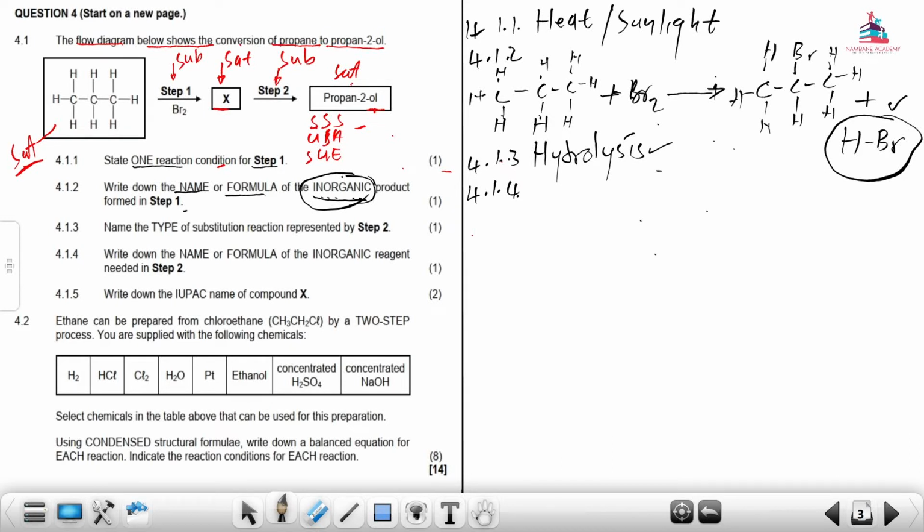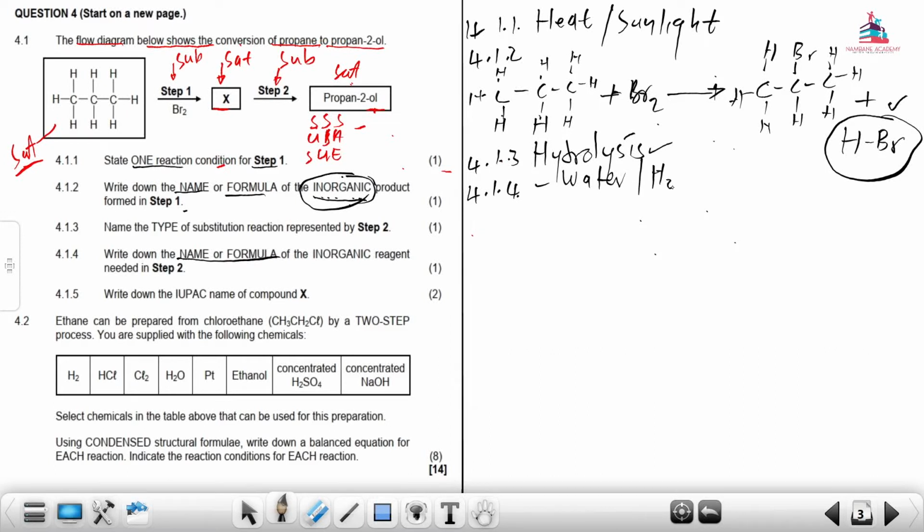So we can accept either one of the two, but they want the name of the inorganic reagent, so you must write the name. So the name is water, or name or formula, sorry, name or formula. So we can accept water